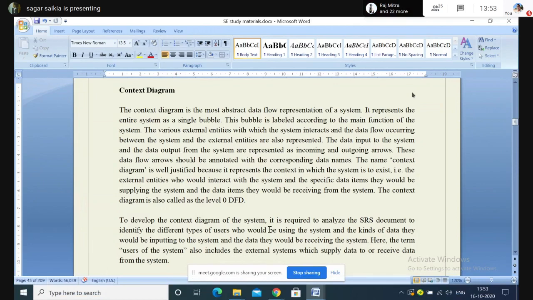Then similarly, for the process, we show a process with an oval structure, isn't it? Process is nothing but the activities that are carried out by the system. Let's say, for example, we said that the admin can add, update, delete, isn't it? Those are activities, and behind each of these activities is nothing but an SQL query.